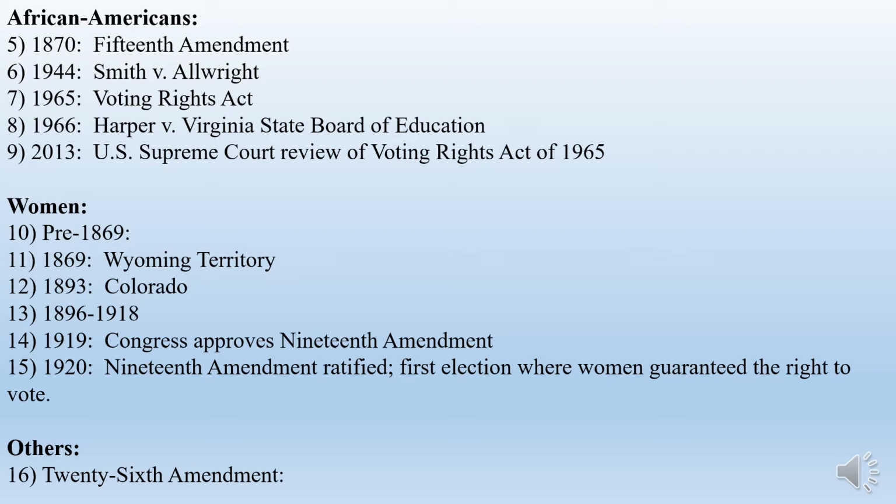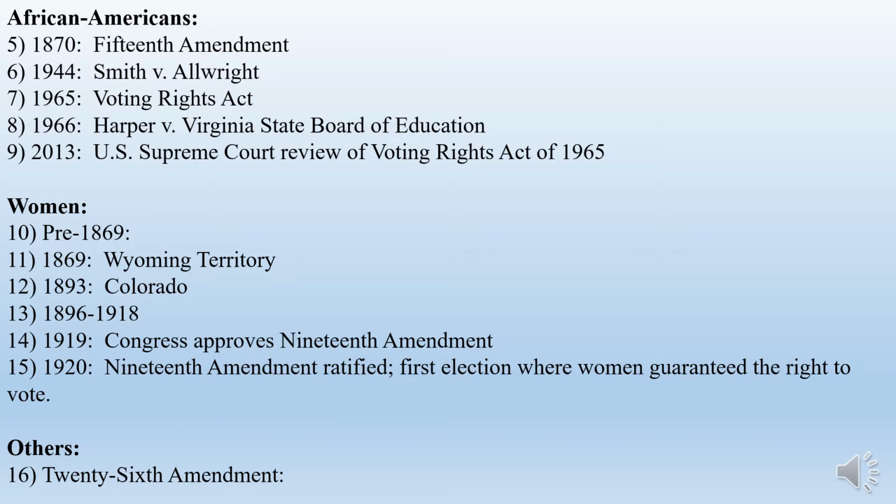This was really where this was going to happen, in the West, where things are much more democratic, things are a lot tougher, and women are working really hard alongside the men. The men are going to allow women the right to vote in 1869, and it's followed in 1893 by Colorado. So 2 states by basically the turn of the century have given women the right to vote, and then by 1896 to 1918, so within a 20-year period, you begin to see states really beginning, and again, these are Western states mainly, begin to give women the right to vote. 1 year you'll have a couple, then you'll have a couple more, then you'll have a couple more.